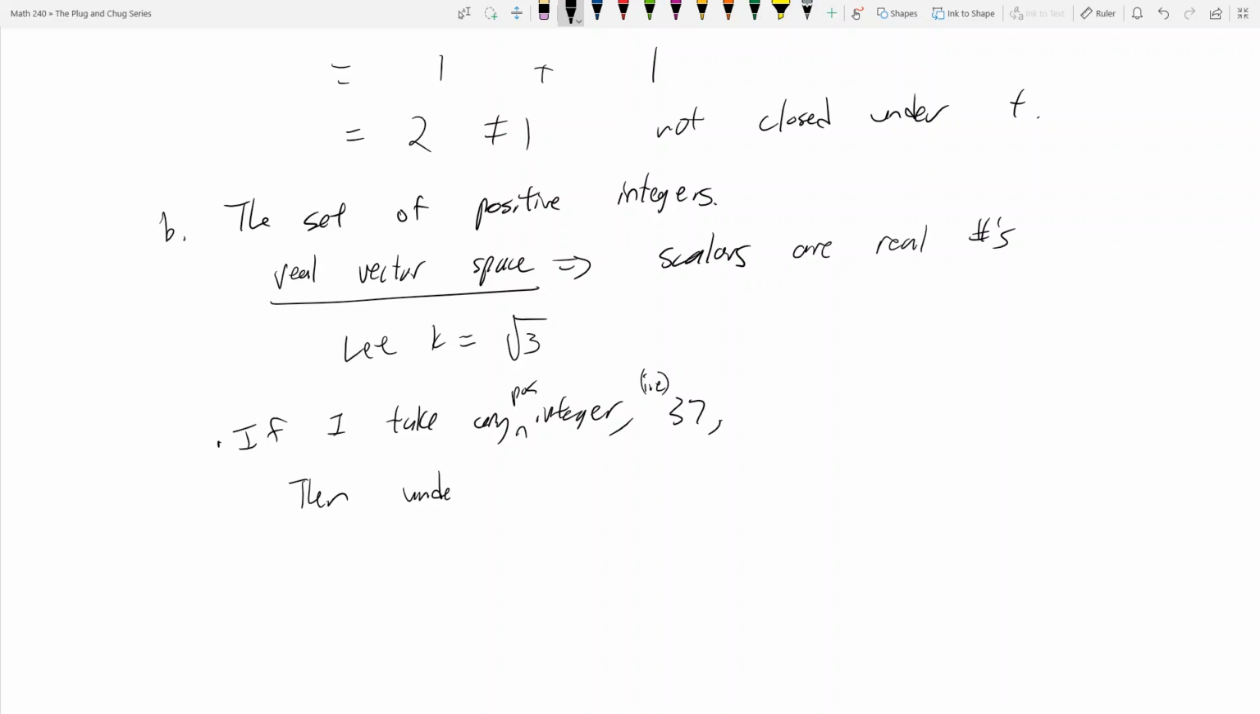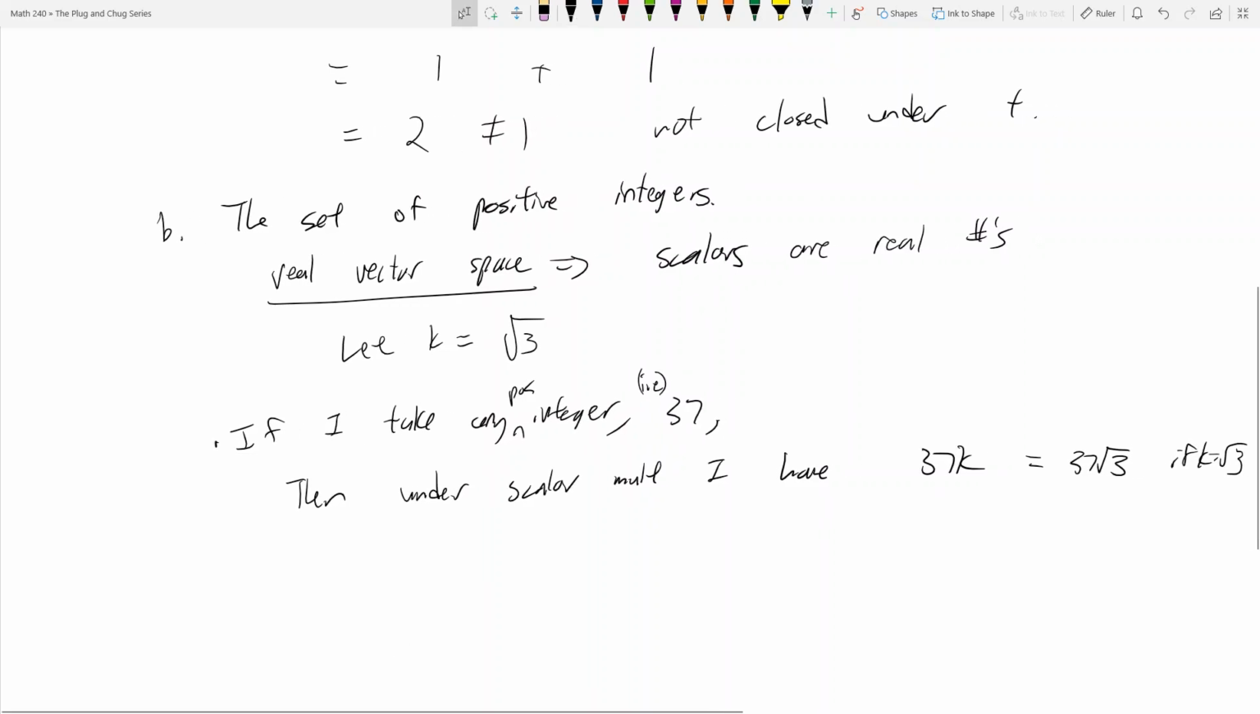under scalar multiplication, I have 37k, which is, in this case, 37 root 3 if k equals root 3. But what's the problem there? 37 root 3 is not an integer, right? That's an irrational number because root 3 is an irrational number, and we have an integer times an irrational